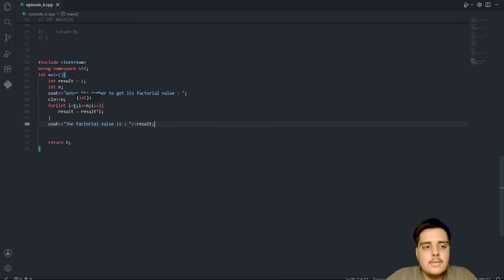This time i's value becomes 2 and 2 is less than 5, so it will continue. So then the result value will become result into 2. Then again i value will be 3, 3 is less than equal to n. So result will become result into 3. Understand it?